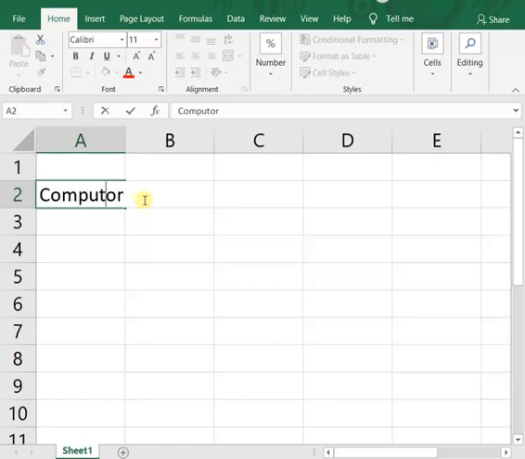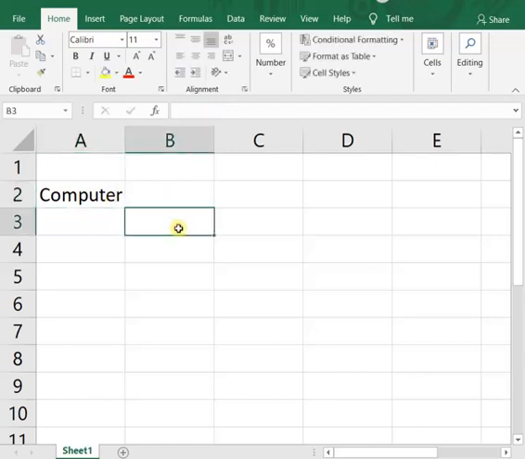If we place the cursor behind the O, then we press delete. If we bring the cursor in front of O, then we press the backspace key of the keyboard. So in either of the two ways we can delete the alphabet O, then we type in the correct letter E and then click on outside. Now it has been edited.